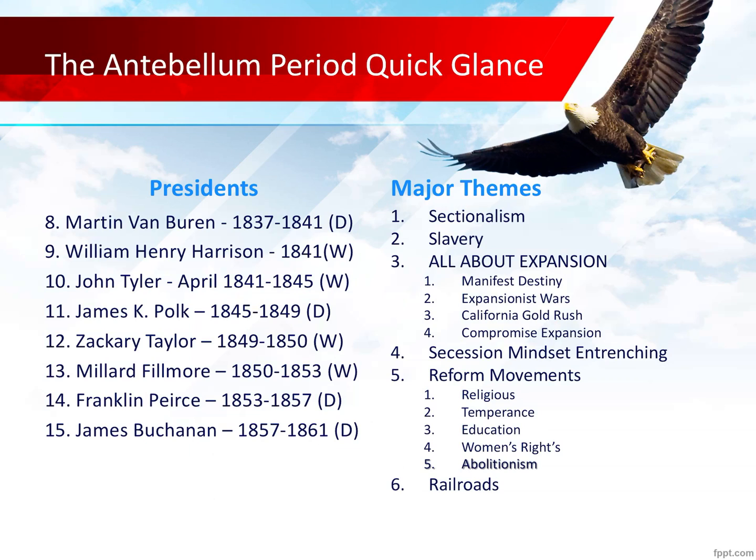We're going to look at reform movements. You're going to have religious reform movements like the Mormons who move out west, and the end of the Second Great Awakening. And you're going to have the temperance movement. And temperance means to make alcohol illegal. There's a big push to make alcohol illegal. And education movements with Horace Mann and public education for all, and women's rights with the Seneca Falls Convention. And the big one's going to be abolitionism, the belief that slavery was not only wrong, but it was morally wrong to God as well.